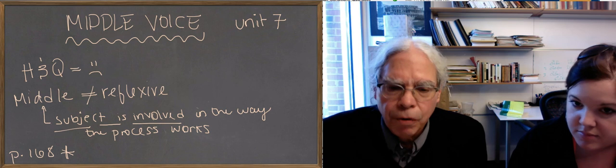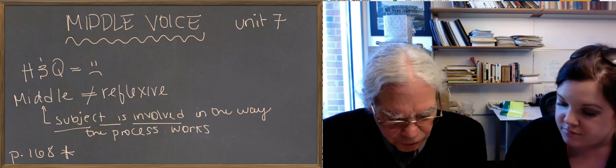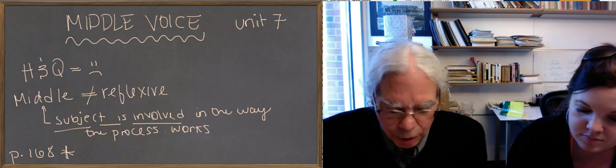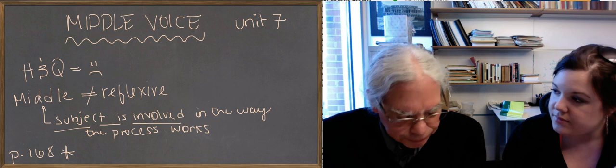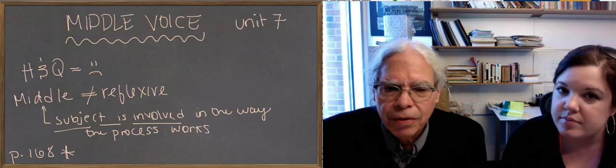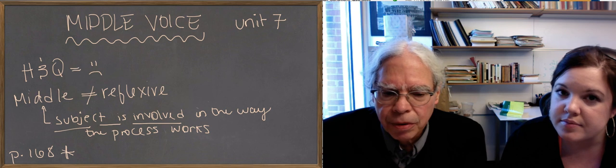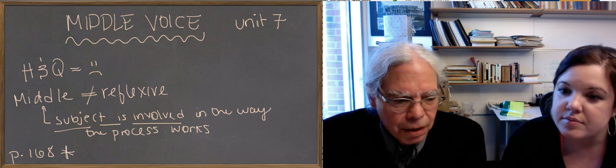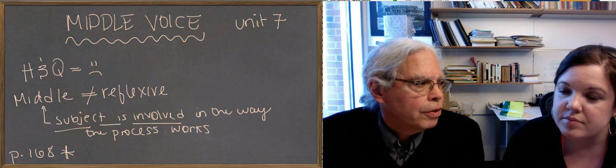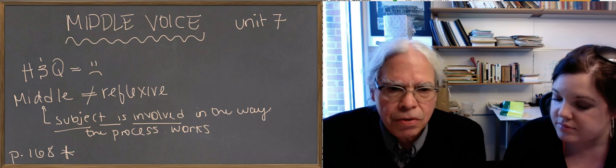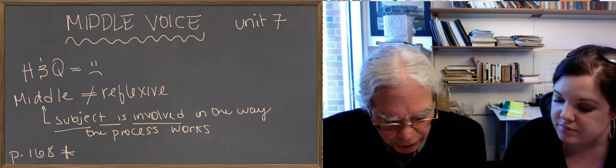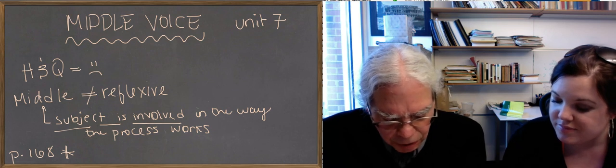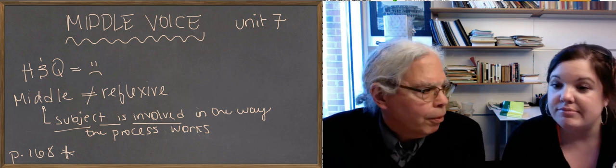And we're not talking about forms, we're talking about meaning here. So the first one is the verb archo, that means rule in the active, and in the middle it means begin. Okay? So think about a process that starts with a subject but is completed outside of the subject, as opposed to a process which initiates with the subject, in which the subject is interior to the process. Okay? So there's the verb grapho, that means to write, and in the middle it means to note something down, to cause something to be written, or to indict someone.